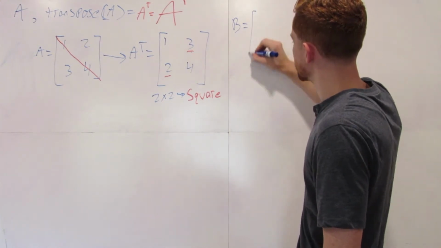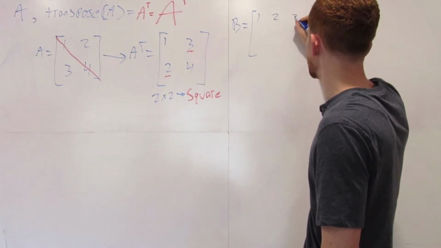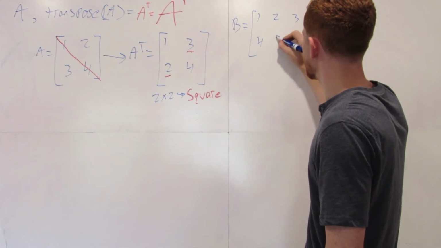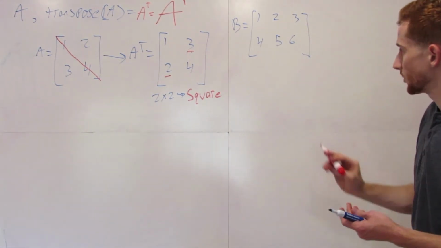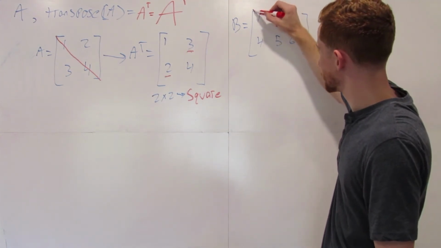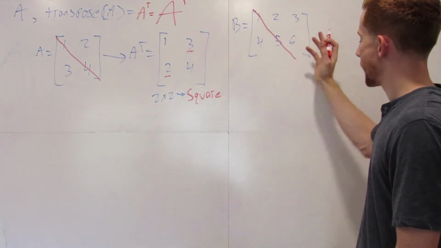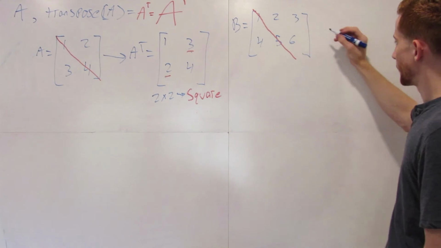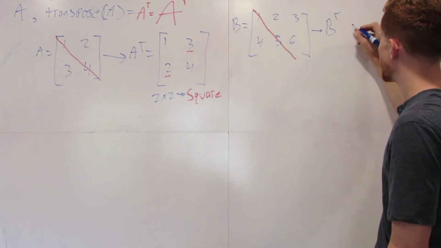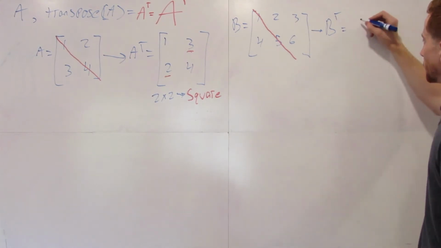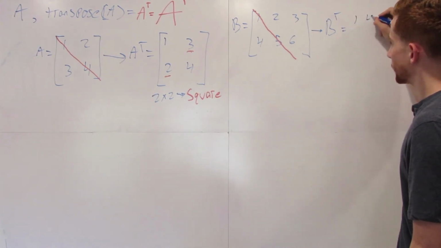B is equal to [1, 2, 3; 4, 5, 6]. So I'm going to do another similar thing. We're going to draw a diagonal like that, and we're going to flip it. So that means that B transpose is equal to 1, 4,